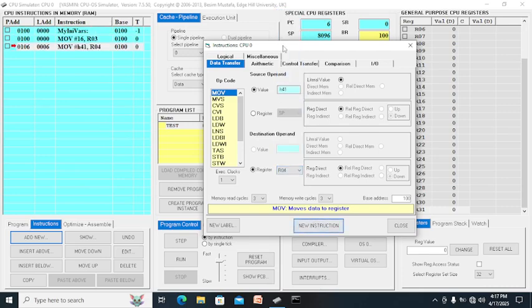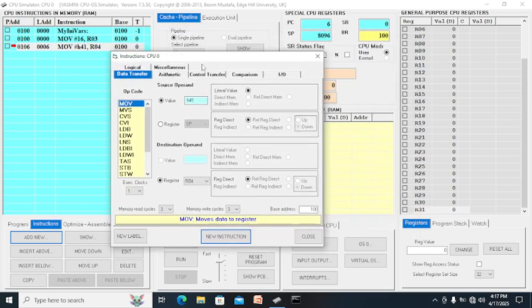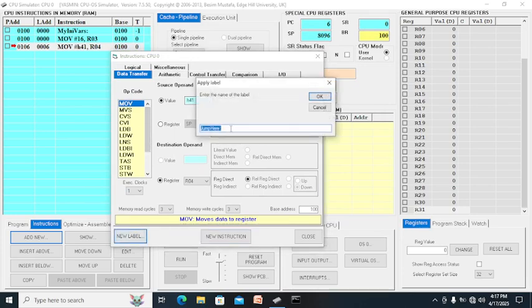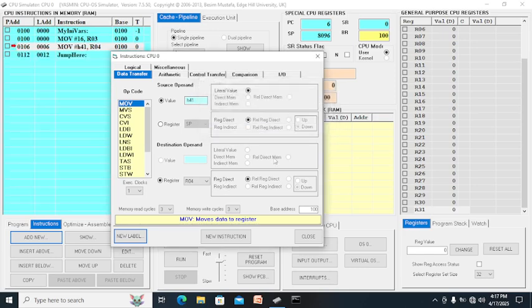As you can see, we are typing the code now. Then we're going to add a new label, and we can type jump here. As you can see, this value is 12. This one is 0, this one's address is 12.